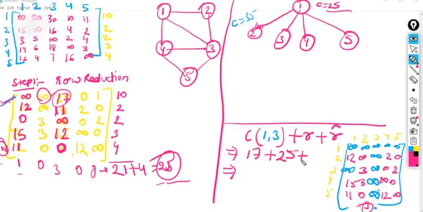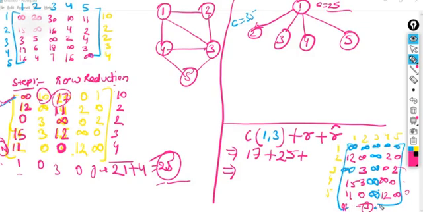Is there any further need to reduce this adjacency matrix? So we have to check it out. Everything is infinity in the first row. Yes, there is 0. 0 is available. 0 is available. 0 is available. It's okay. Now the column check. There is no 0 here, right? That means there is a need to further reduce it. So find out the minimum value in this column. It's 11. So you have to subtract the 11 in this particular first column.